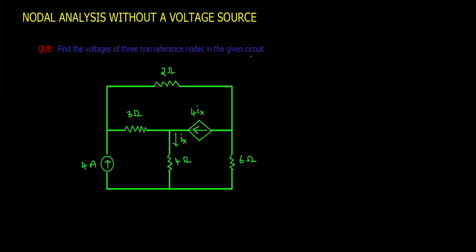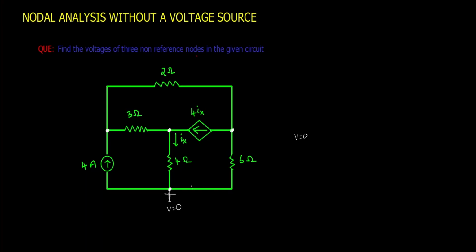Now let us solve a problem to understand nodal analysis without a voltage source much better. From this circuit we can identify four nodes, this and this as a node, this as a node, because these are connected to more than two electrical components, and we can say this as a node. Now let us set any of the nodes as a reference node, that is v equals 0. So let us set this as a reference node, which means we are connecting this node to the earth, which will become v equals 0.